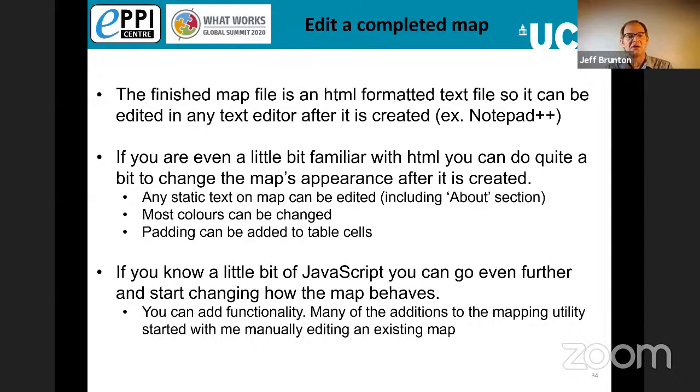So in a sense, almost everything in the file you can change, colors and such, because they're just set up as RGB values. So you think, actually, I want to change this color to some other color. You can just open the map, edit it, change it. Things such as adding padding into the table cells. Maybe you have your header area and think, actually, I just want to take this whole text and shove it over a little bit this way. If you know a little bit about HTML,